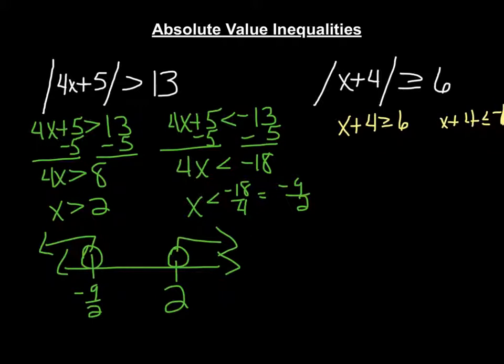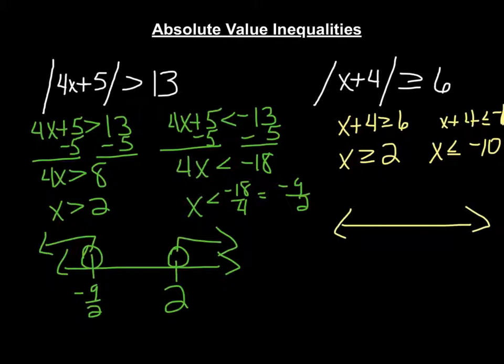Okay, so on the first inequality you set up, we're just going to solve it. Subtract 4 from both sides, and we will have x is greater than or equal to 2. Okay, on the second inequality you set up, we're going to have to subtract 4 from both sides, so we will have x is less than or equal to negative 6 minus 4, which is negative 10. So if we graph that,